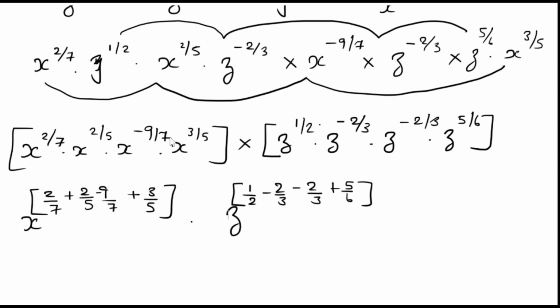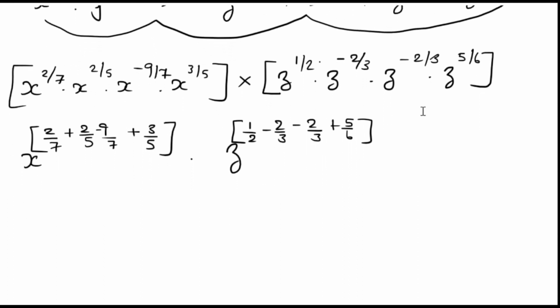Now we'll take LCM. For this, we'll get LCM as 35. So x to the power, here in the denominator we'll get 35. So this 2 you will multiply by 5 because the denominator is 7 and you multiply it by 5 to get 35. So this will be 10 plus this 2 you multiply by 7. So you'll get 14 minus this 9 will multiply by 5. So you'll get 45 plus this 3 will multiply by 7, 21